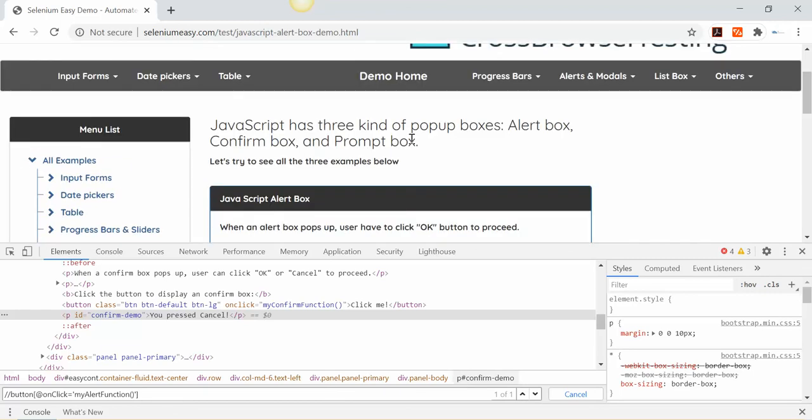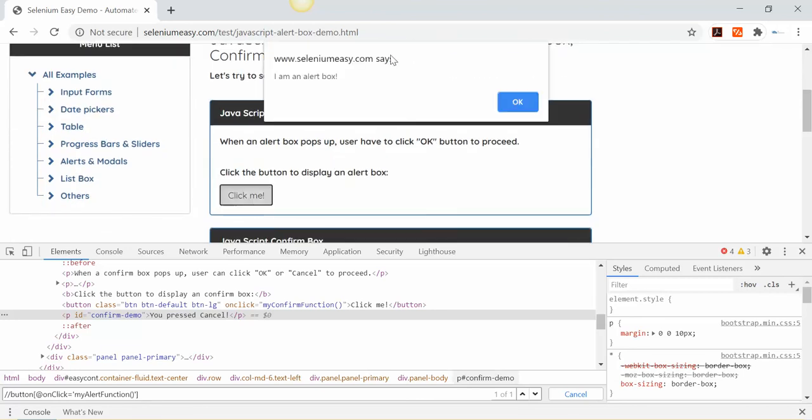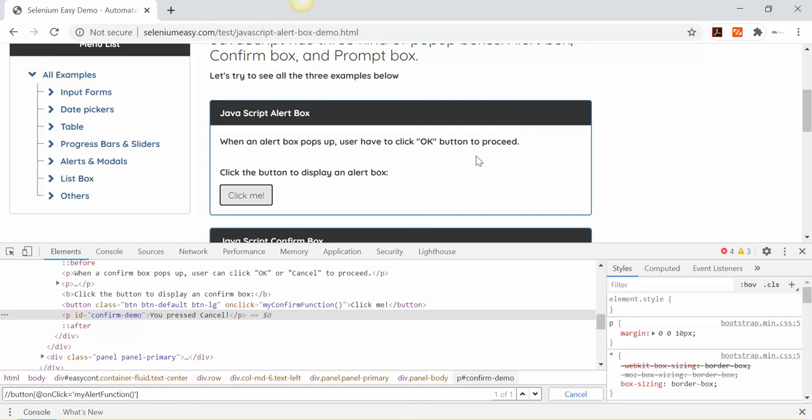As I already said, these are the JavaScript alerts. These are not a part of your HTML, and that's why you won't be able to inspect this. Just try to right click, it's nothing, you cannot inspect this, and you'll be blocked here unless and until you close this pop-up. Okay, you won't be able to interact with the other elements on the web page.